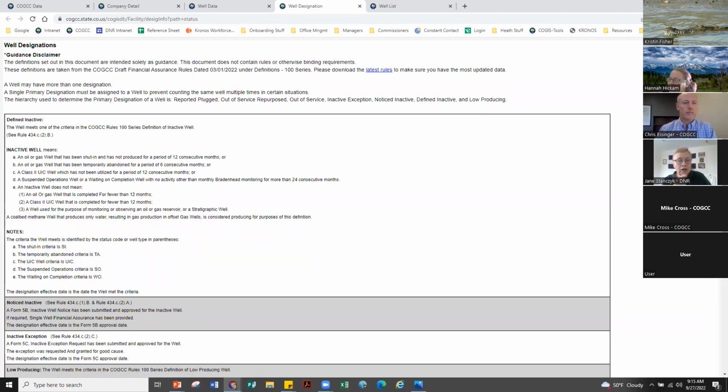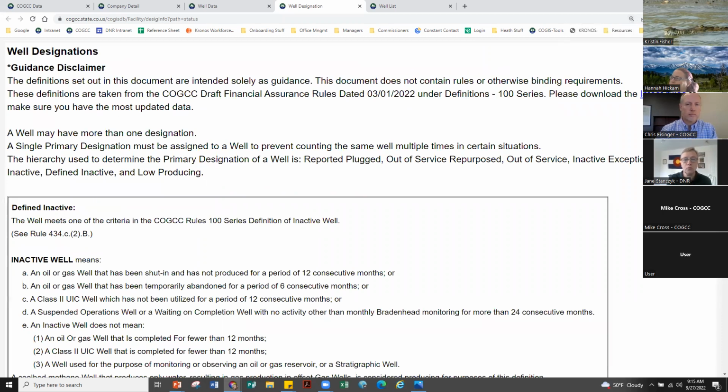We've got a few lines here that explain what a primary well designation is. Hannah, I can barely see that. Can you make it a little bigger? Perfect. So it simply says a well may have more than one designation. A single primary designation must be assigned to a well to prevent counting the same well multiple times in certain situations. So the hierarchy used to determine the primary designation